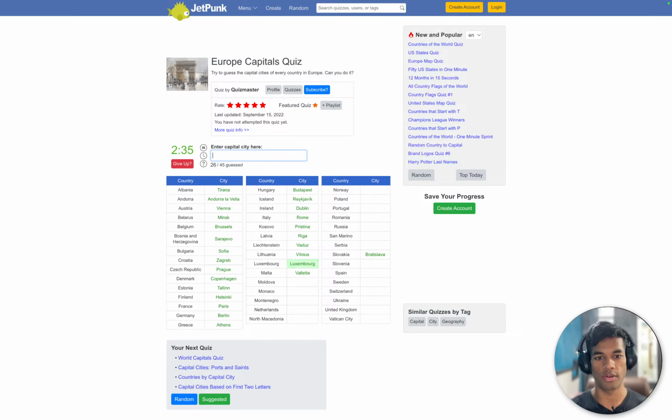Luxembourg is Luxembourg. Moldova, Chisinau, see now. Monaco is Charles Leclerc. Montenegro, Podgorica. Netherlands, Amsterdam. North Macedonia, Skopje. Norway, Oslo. Poland, of course, why am I even thinking Portugal?